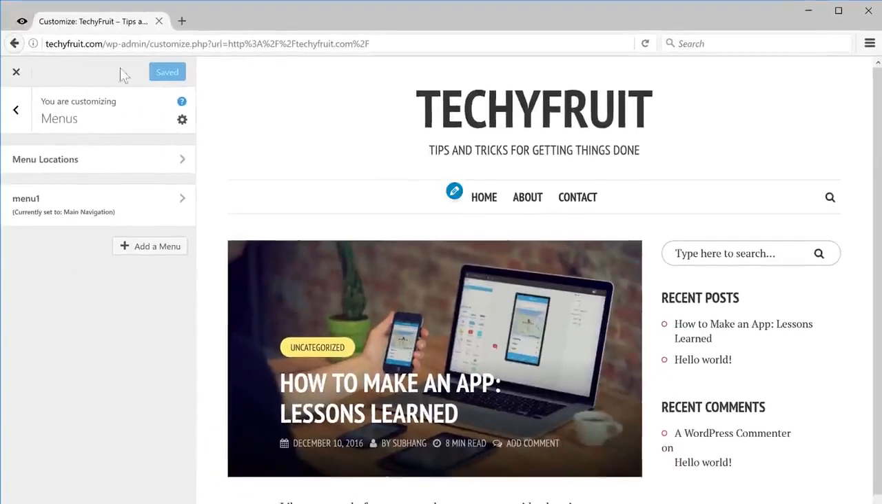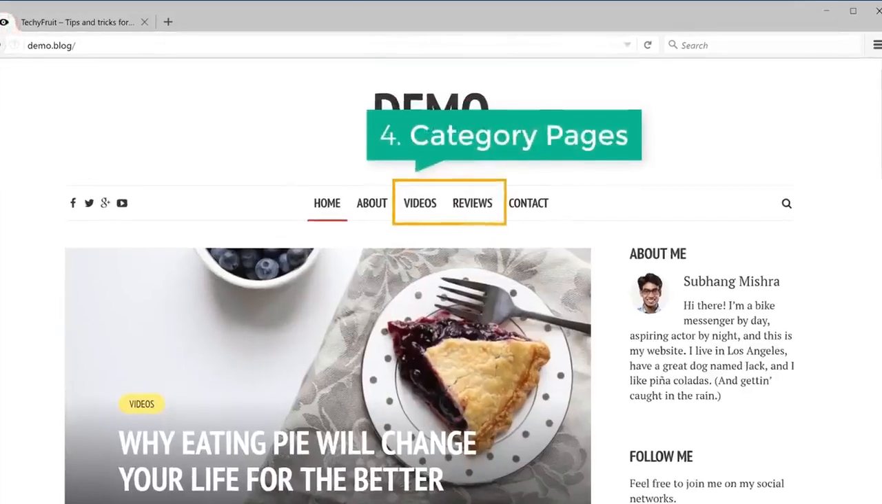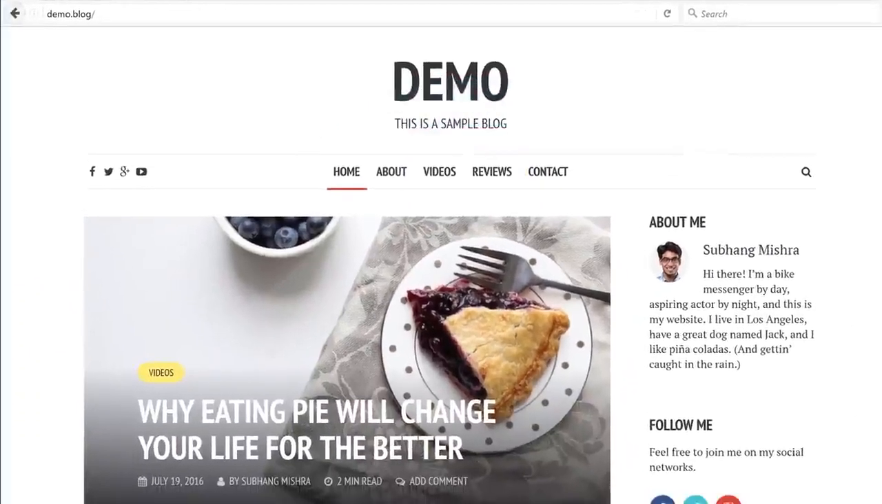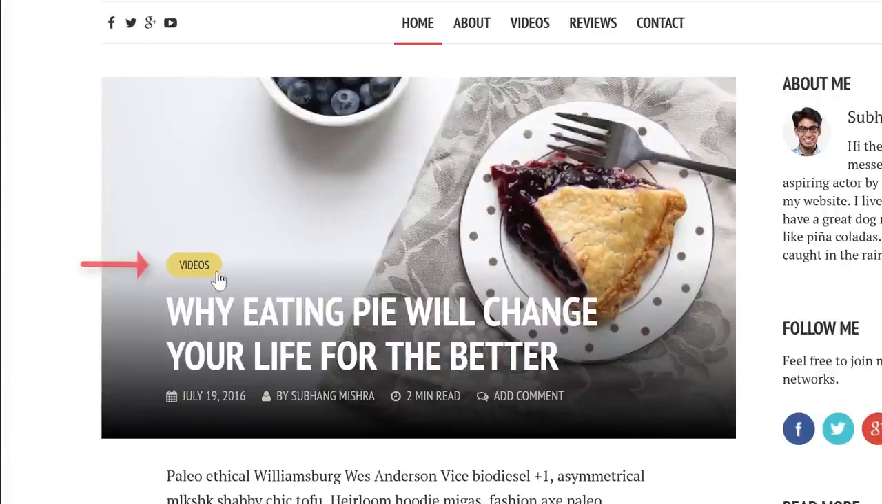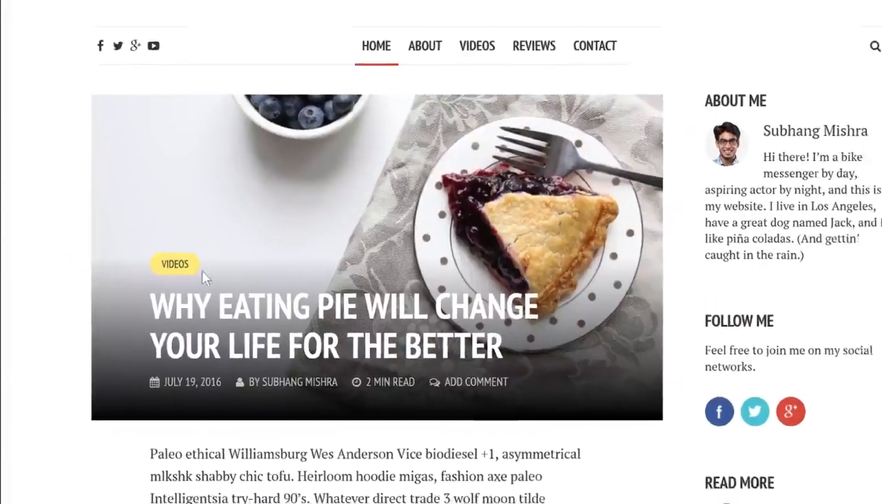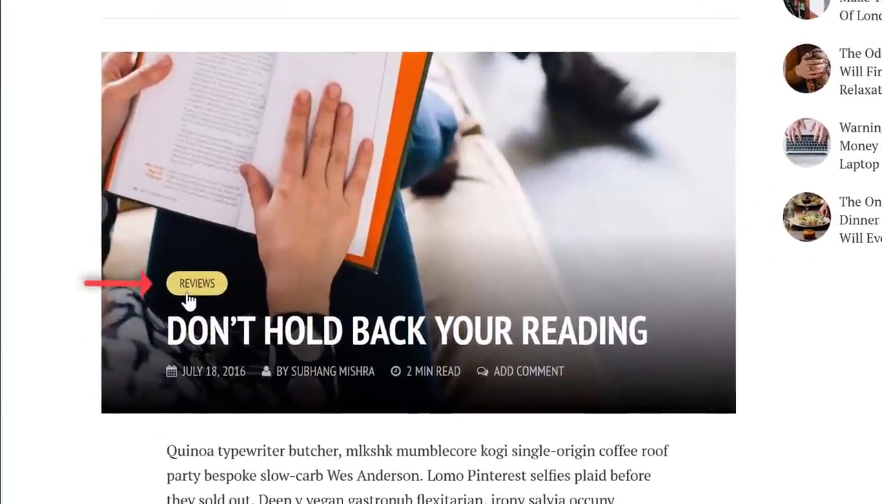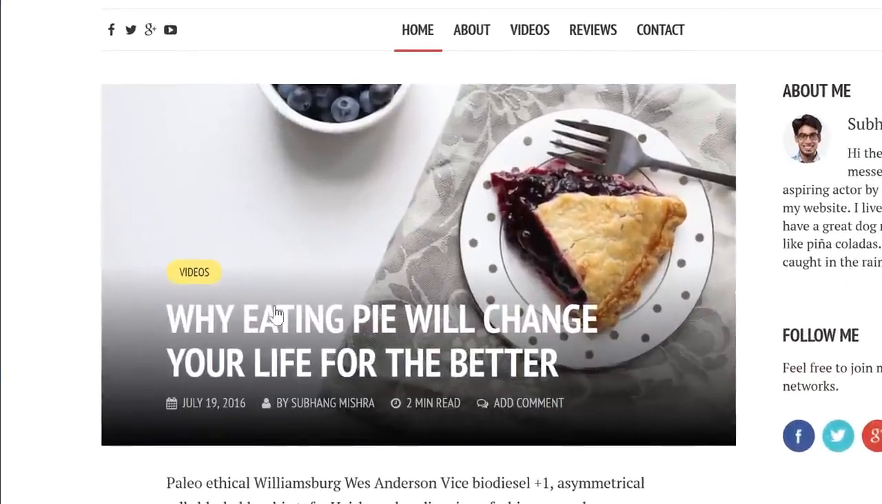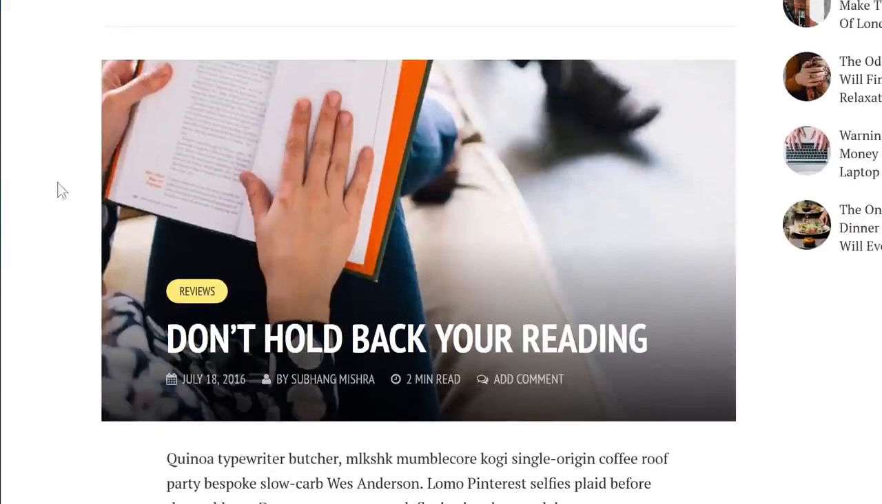Now the next item that we're going to add to our menu is the category pages. So what are category pages? If we see in this demo site, we can see that this post has a small tag called videos. And then this post has a small tag called reviews. Now what this means is that this post is under the category of videos and then this post is under